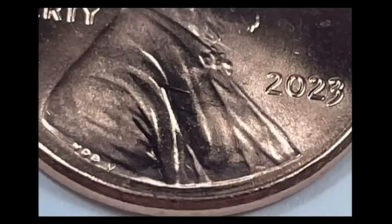Along with Mike Diamond's article that he had made about this coin, there's a lot of positive news that has been put forth on this coin as being a legitimate thingamajig. And we're just going to call it that. I'm not even sure if it's an error or a variety, but there are still people talking about its legitimacy. Could it be an ejection mark of some sort? Kind of hard to say. So this one particular coin right here ended up selling for